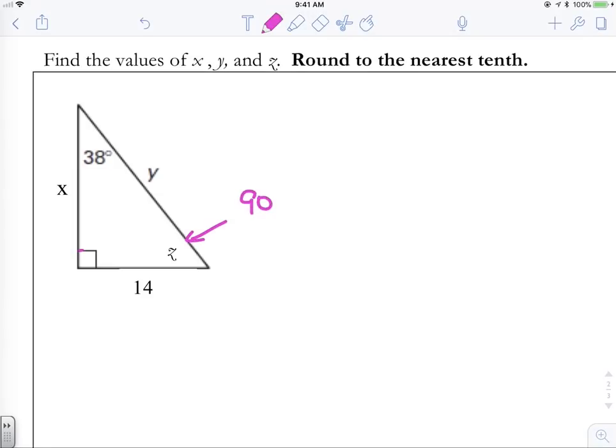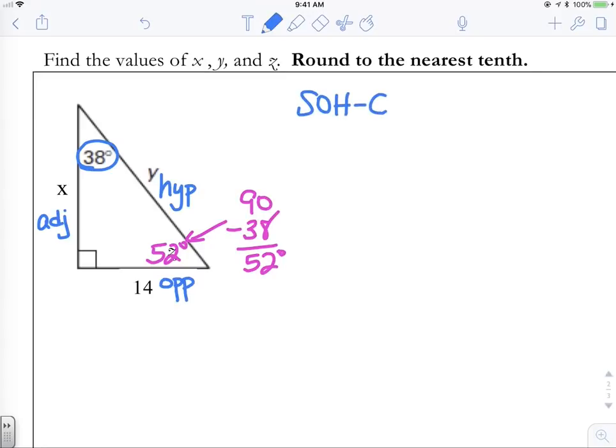Okay, so we're going to find z again by just finding the complement to 38 degrees, which is 52. So we now have z. Now again, I'm going to use the 38-degree angle because that one was given in the problem. So the 38 was given, the 14 was given, and we're going to find the other two sides, x and y. The hypotenuse is y, the opposite is the side with the 14 on it, and the adjacent is the x. So for, again, writing our mnemonic device, SOHCAHTOA,